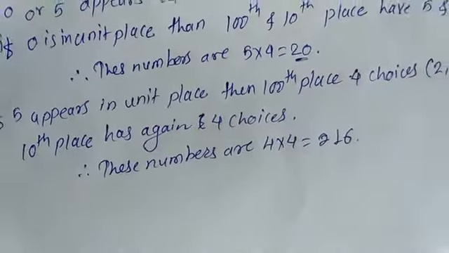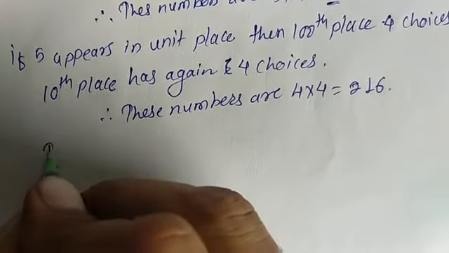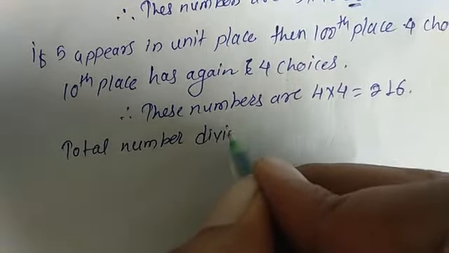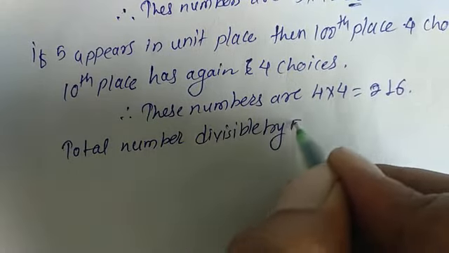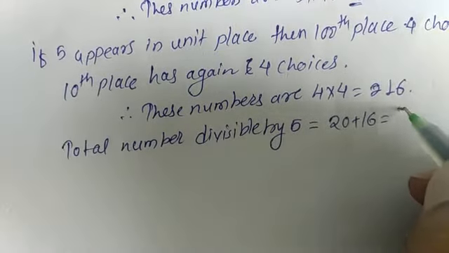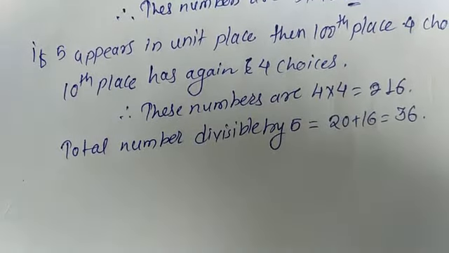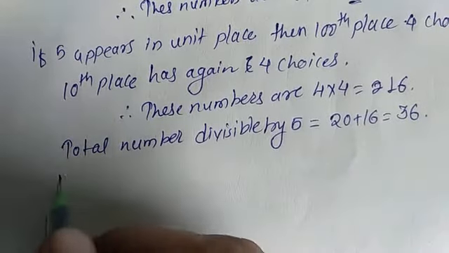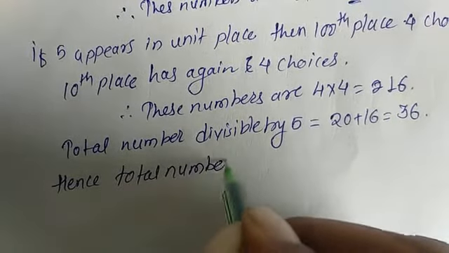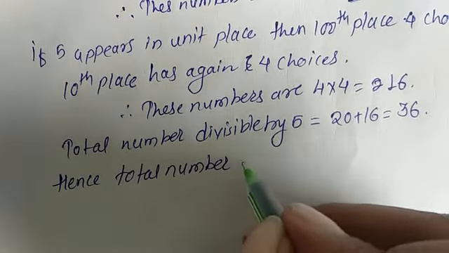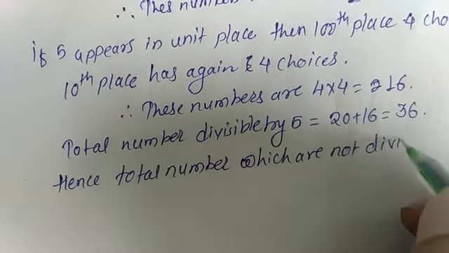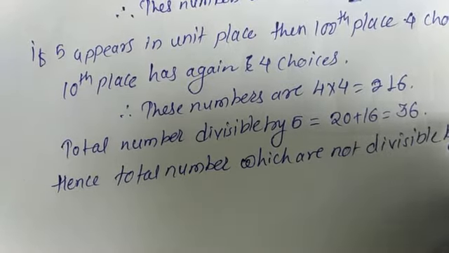Okay, that means the total numbers divisible by 5 is equal to 20 plus 16, which is 36 numbers divisible by 5. Hence the total numbers which are not divisible by 5 is equal to,